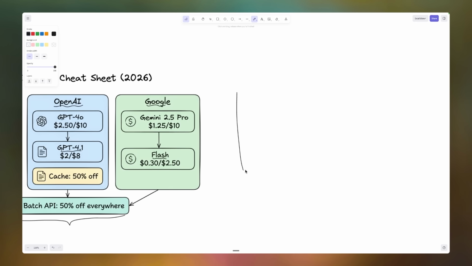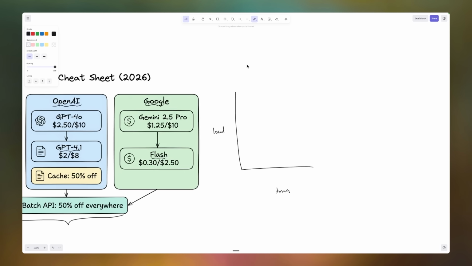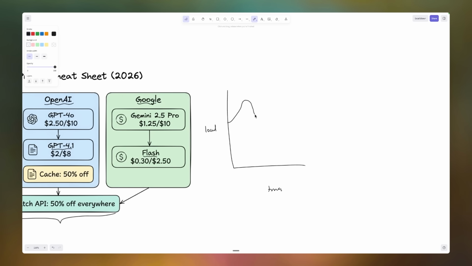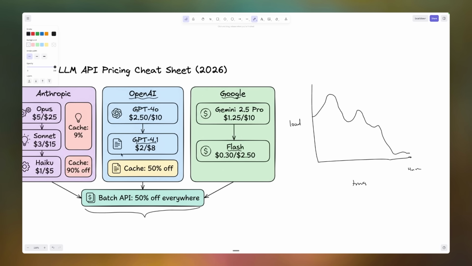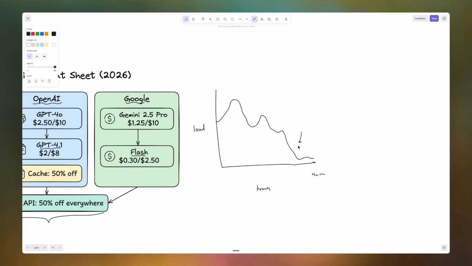Like if you think about it, if this is a day, and then this is their load on their servers and their neural networks, it probably peaks somewhere around noon, and then it's low during the night, right? I don't know, this is like 4 a.m. What they'll do is they'll take all of your queries, batch them, and then run them over here when there's very little competition. And then later when things go up, again, that's okay.